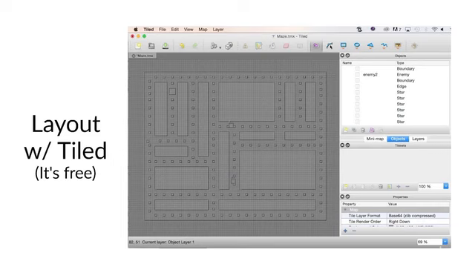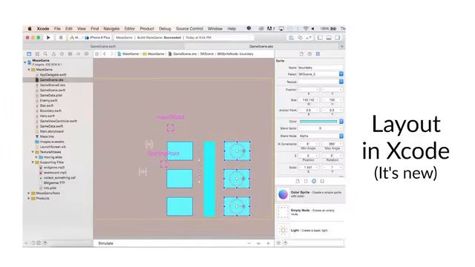There are some advantages to working with Tiled. It's been around a lot longer. There's some nicer features in terms of building bigger levels, which is as simple as just being able to copy and paste things with a little bit more ease. But if you don't want to step outside of Xcode at all, you can lay out your levels within that